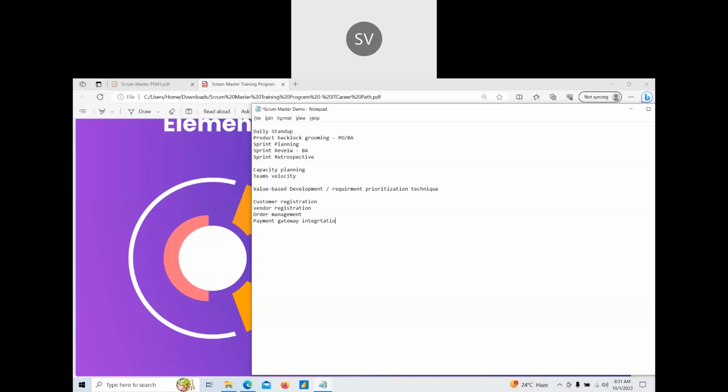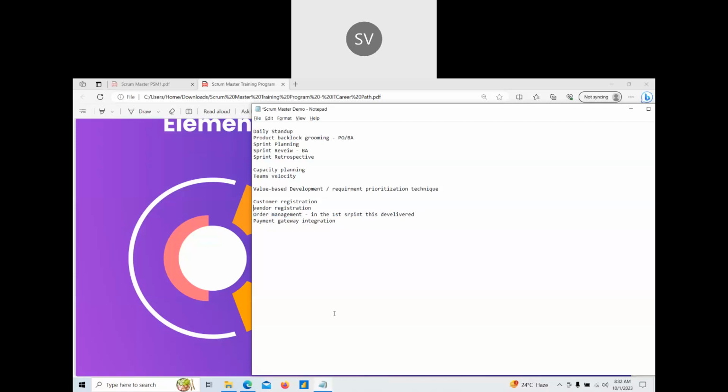So let us assume we have these four features in the e-commerce project. In the first sprint, if you deliver order management, will that add any value to the client business?